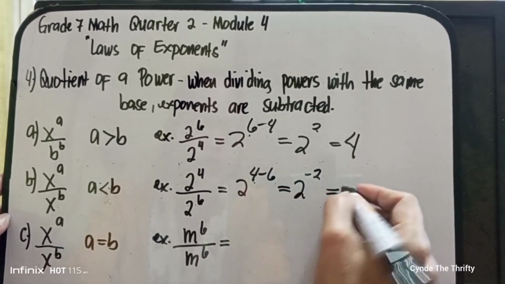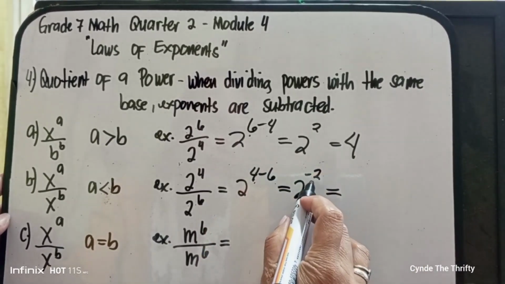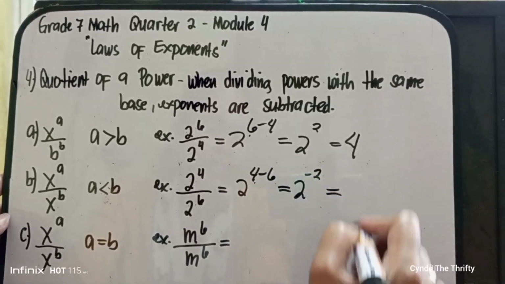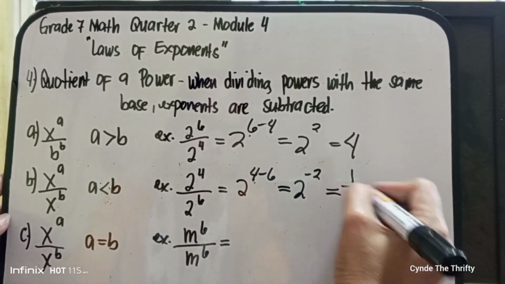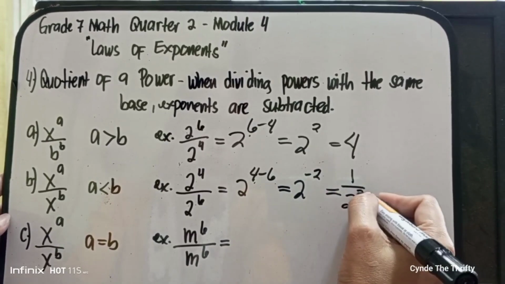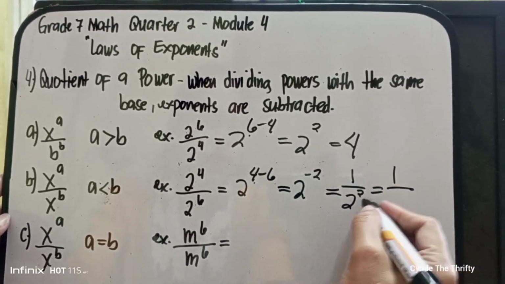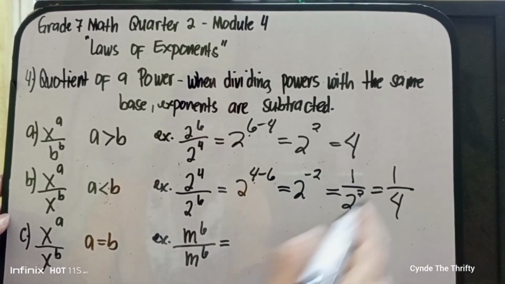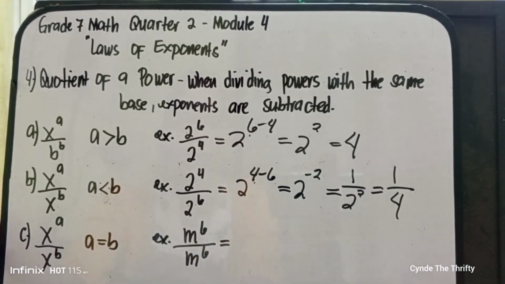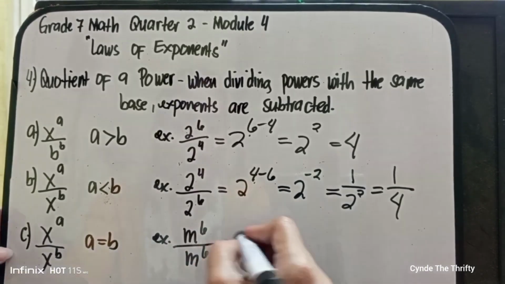So, ang gagawin natin para mawala itong negative natin is ilagay natin siya sa baba. So, magiging 1 over 2 squared. So, ang sagot natin is 1 over 2 squared, 2 squared is equal to 4, so 1/4. Ayan. Next is kapag ang ating exponent ng numerator at exponent ng denominator is equal, so ang gagawin natin,